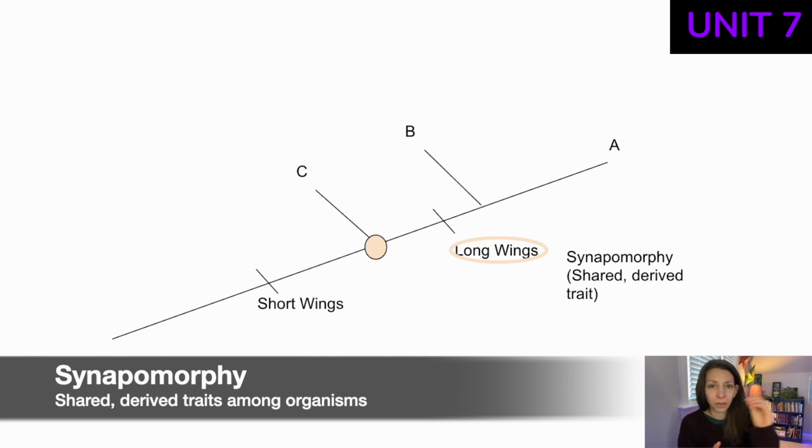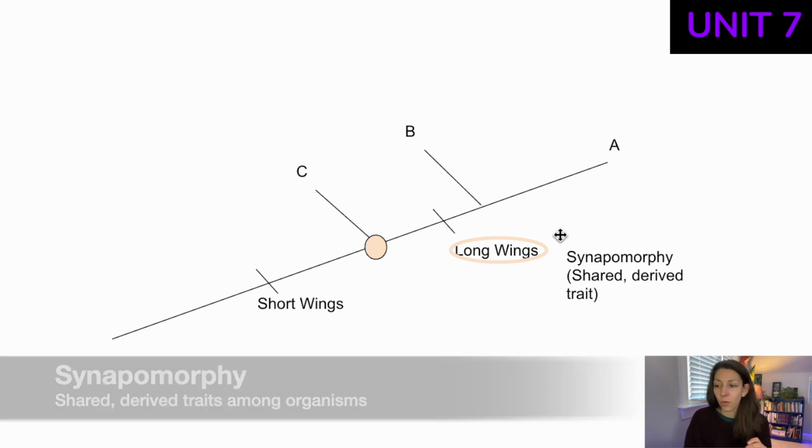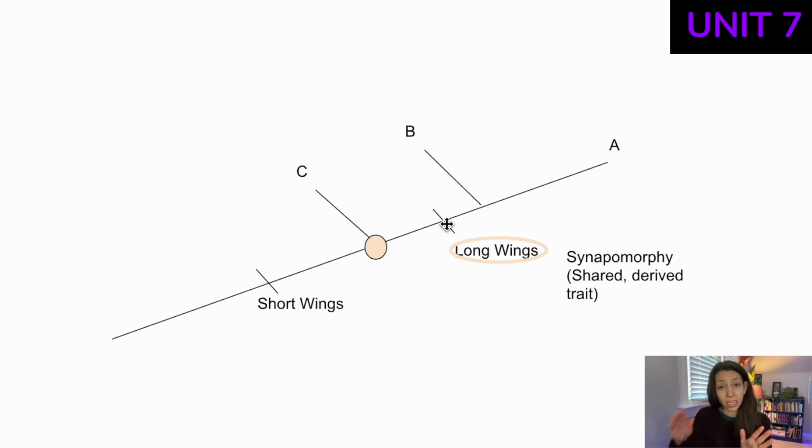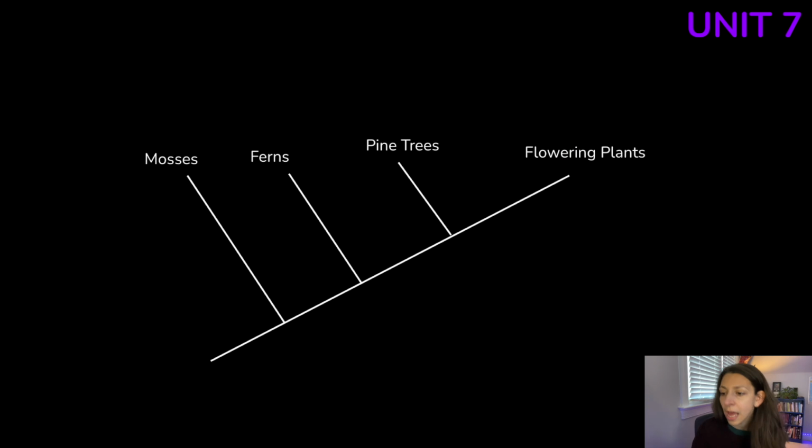And these can be marked by little hash marks on the tree. And any organism that appears after that trait is marked on the tree has the trait or continues in their evolutionary history with that trait. So for example, on these ones, long wings is a trait that both species B and A have, but species C does not have. And a lot of these times, these trees will be rooted, and what that means is